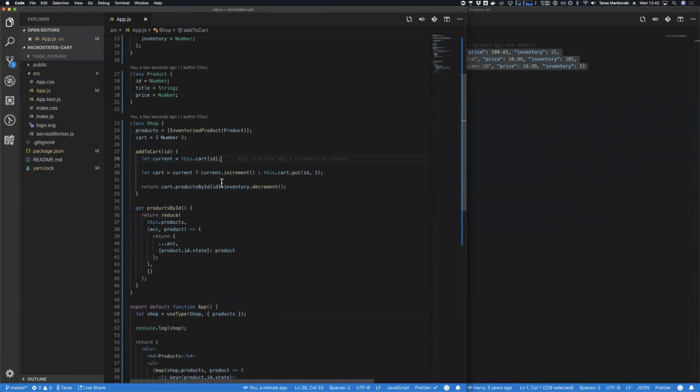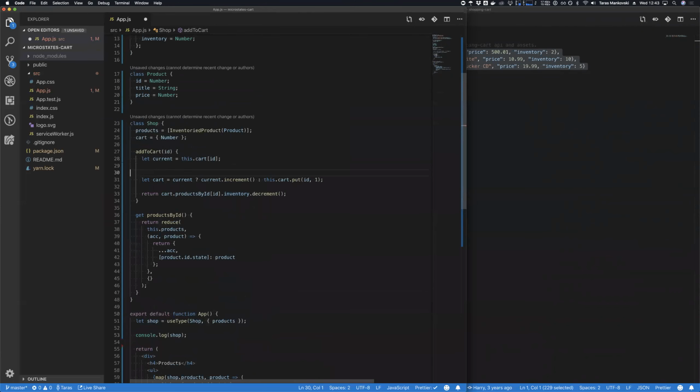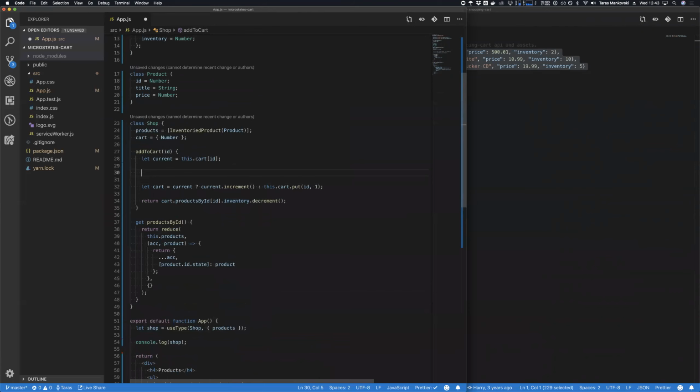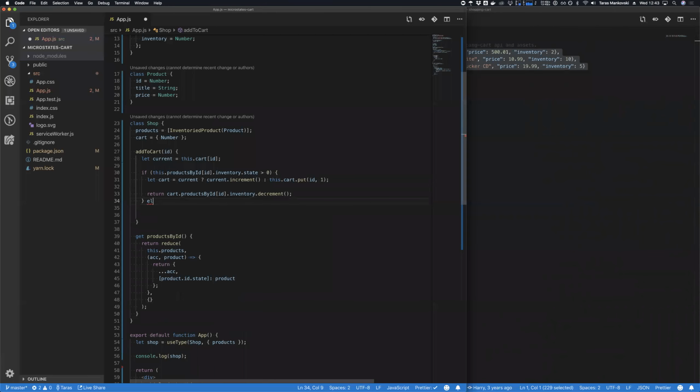So essentially what we want to do here is if the inventory is 0, we can't add the product, right? So let's see. If current cart, so what we want to do is say this dot products by ID, and then we're going to grab the ID. Then we're going to take the inventory and then give it state. So if inventory state more than 0. I think it's complaining about parentheses versus brackets on the products by ID. Or is it? Oh, you're right. It didn't complain, but you're right. Thank you. I thought I saw a squiggly, but it went away. So if state is more than 0, then we can do this stuff. Otherwise, we're going to say return